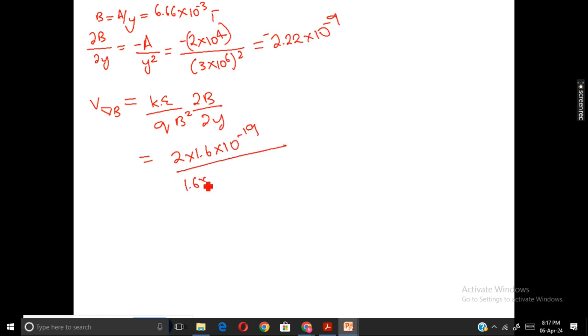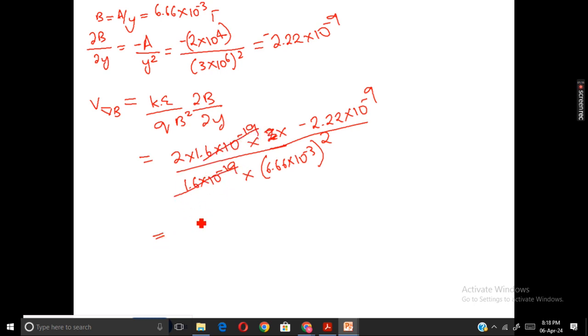This is the charge of the proton, 1.6 into 10 raised to minus 19, into B square, which is 6.66 into 10 raised to minus 3 the whole square, into dou B by dou Y. Dou B by dou Y has a value of minus 2.22 into 10 raised to minus 9. So 1.6 into 10 raised to minus 19 here and here will cancel to 1. Then after calculating,